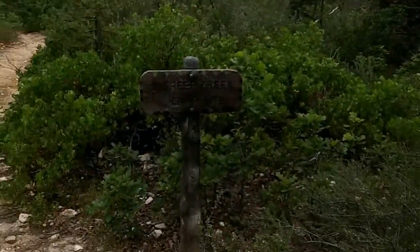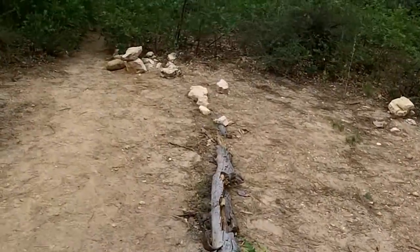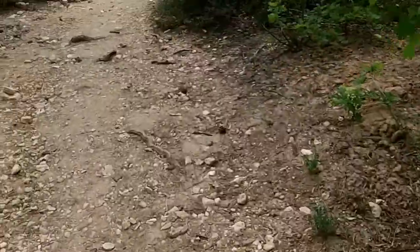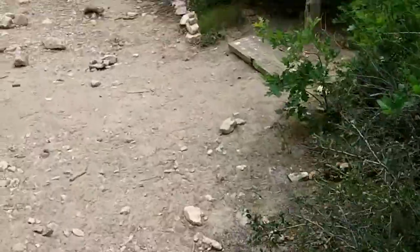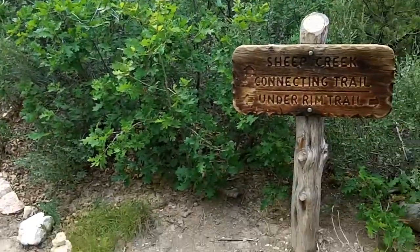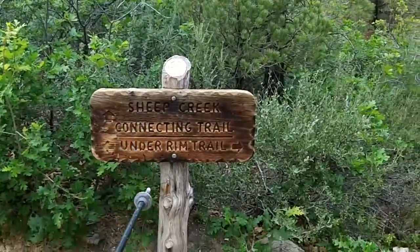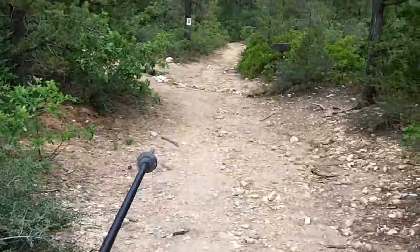But Sheep Creek campsite is that way, 0.6 miles. Sheep Creek itself, already passed it, it's back there. It's as dry as a bone, so there's no water in that. Up here's a sign, tells us what's happening here. Sheep Creek connecting trail, that way. That'll actually take you out that way, and then under the rim trail that way, and back that way to